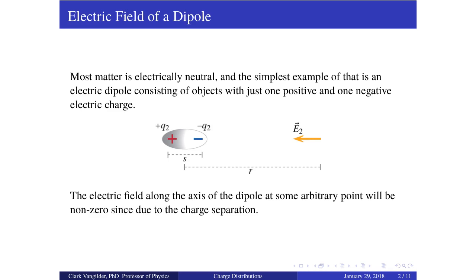Electric field of a dipole. You have addressed dipole stuff in chemistry, polar molecules and all that jazz, so this shouldn't be entirely new. Anyways, we have this dipole, okay? And the big idea is that there is some small distance, S, between the centers of charge,